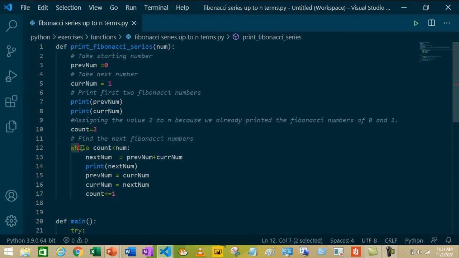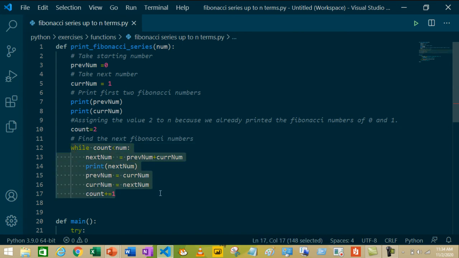Next, we are using the while loop to print the rest of the Fibonacci series up to num. Okay, let's see the while loop using an example. Let's suppose that num's value is 5. So, as 2 is less than 5, it will execute the while loop.